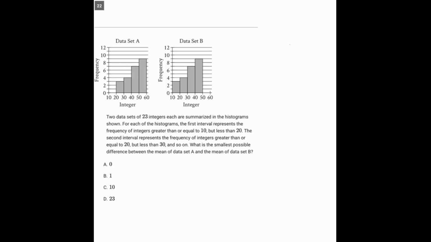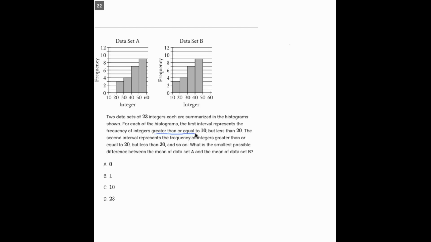Now going to question 22. Here we have two histograms and kind of an in-depth description of what the numbers can be. But at the end of all this, we're being asked, what's the smallest possible difference between the two averages? So now getting into the descriptions a little bit, we're seeing that for any of these bars, the numbers are